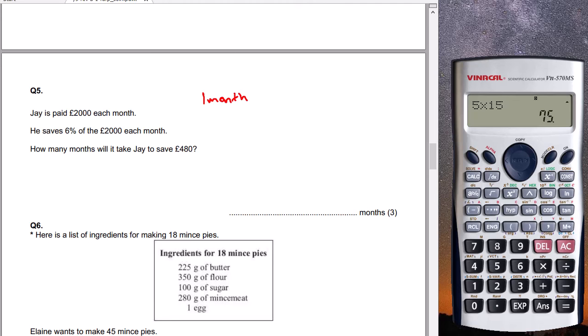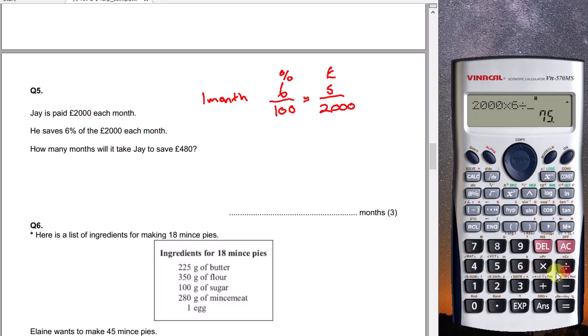We know 100% is the same as £2,000. Those two things I know, put them on the bottom. I want 6%, and that's his savings, so I'm going to use S for the letter in my savings. Rearrange, I want to know what 6% of 2,000 is, so 2,000 times 6 over 100. Drag to the other side and multiply by